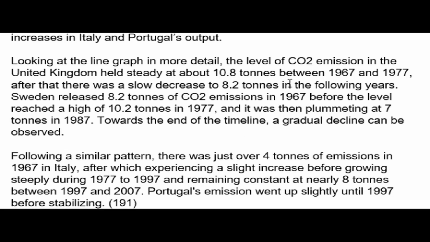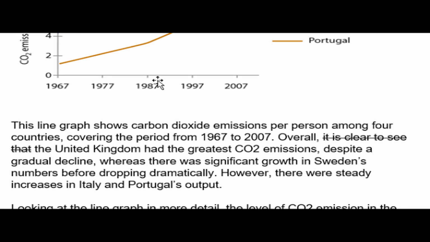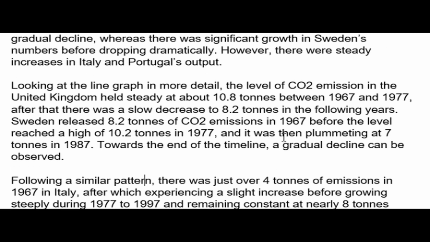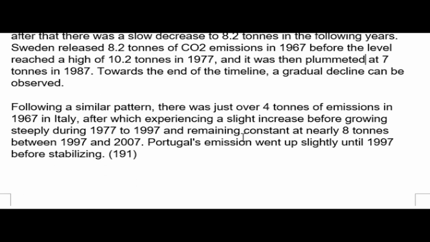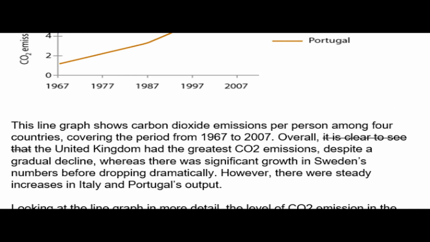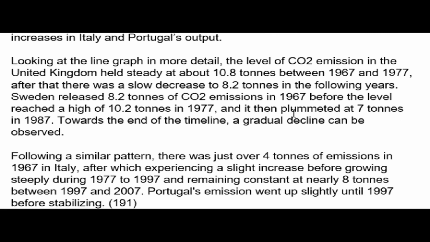Whoa, this sentence is extremely long, isn't it? Oh no, it's not. Here it started. For a second I thought the sentence was too long. Okay, in 1977, and it was then plummeting at 7 tons in 1987. 87, Sweden. It's about 7, right? I don't know why the continuous is used here. Why not just say plummeted? And it then plummeted. Plummeted is a word that is often used. I guess here plummet is used correctly. Plummeted to, not at,